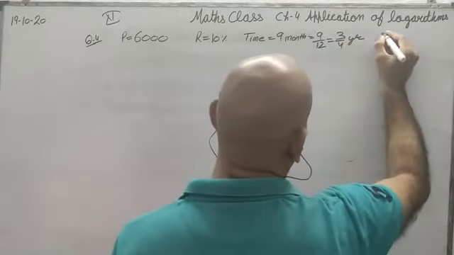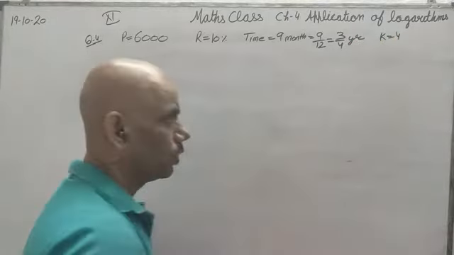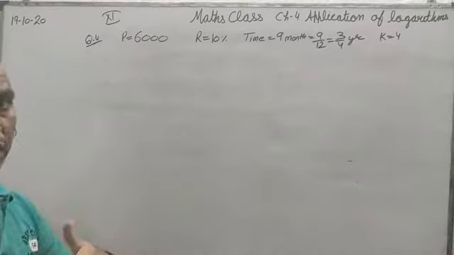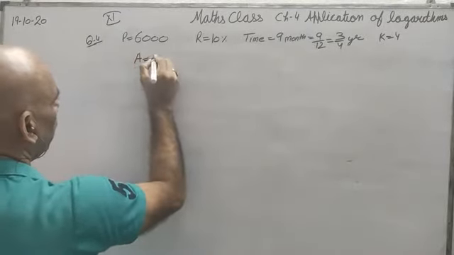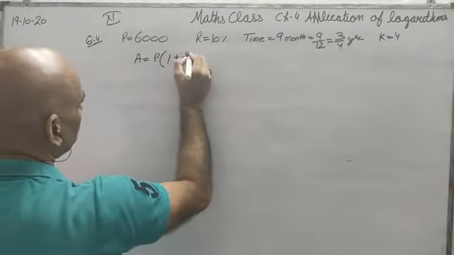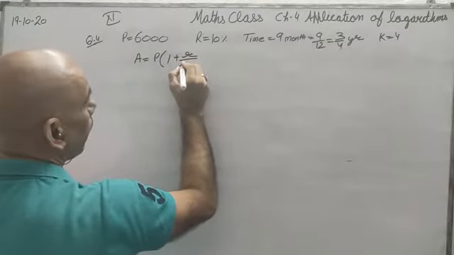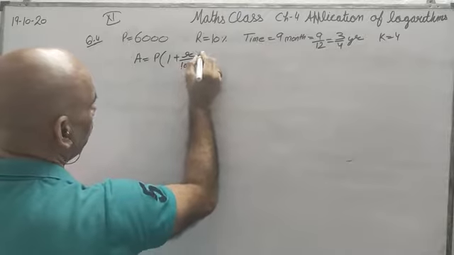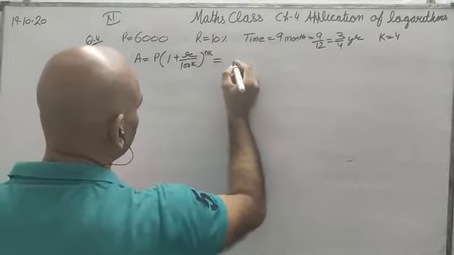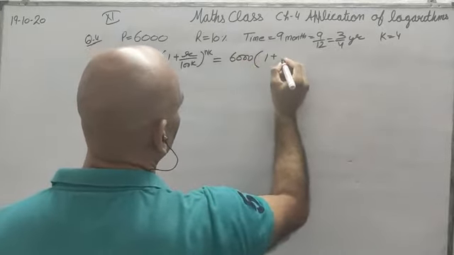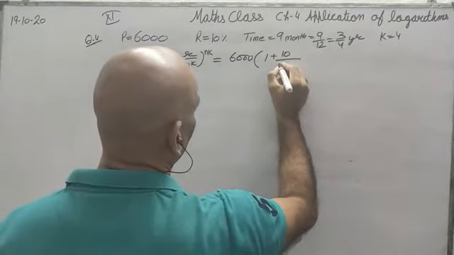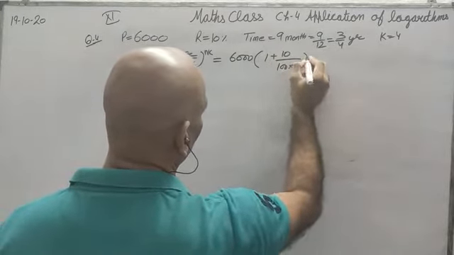And quarterly, so K is equal to 4. K means the number of times interest will be calculated. So the formula will be A = P(1 + R/100K)^(NK). This is 6,000 into (1 plus 10 upon 100 into 4),